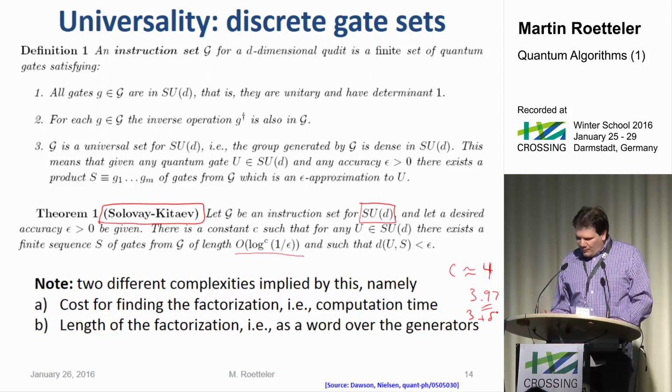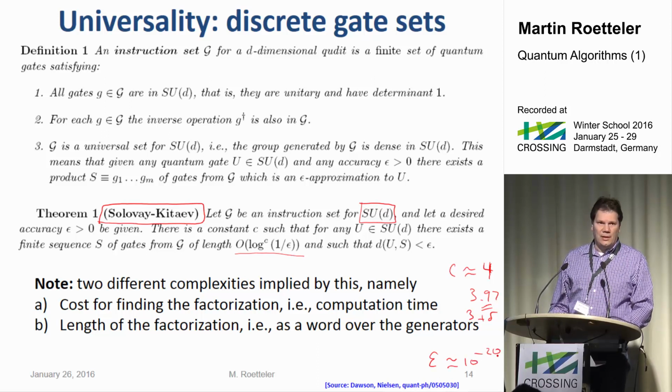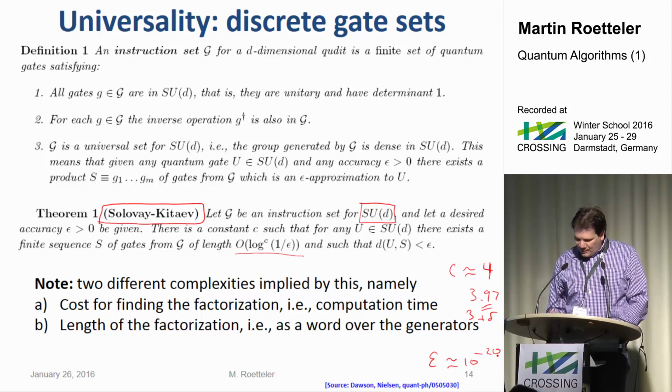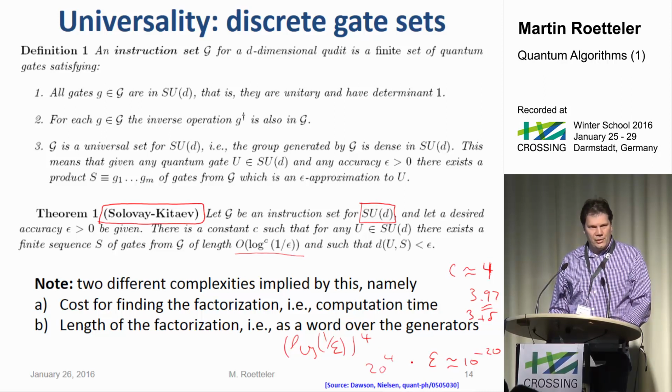If you want to have an epsilon of maybe 10 to the minus 20 or so, which is not unrealistic for some algorithms, we're going to have to go that far down. And if you then scale with log 1 over epsilon to the power 4, that's terrible because you get like 20 to the 4 for just one operation. You need that many elementary gates. And not even mentioning if you have to go further down, I don't know, minus 50, you're looking at a huge cost for implementing these operations.